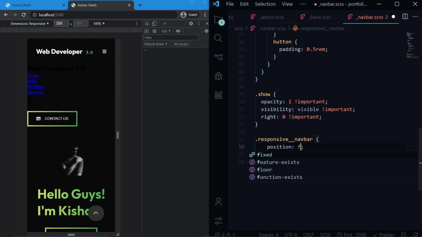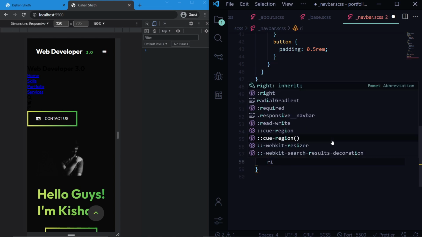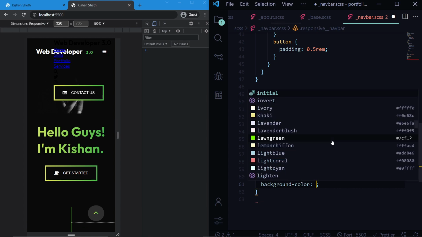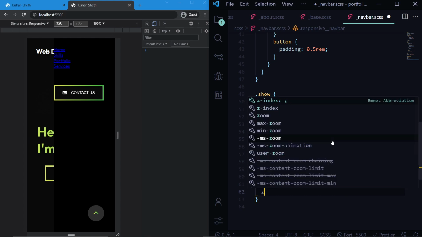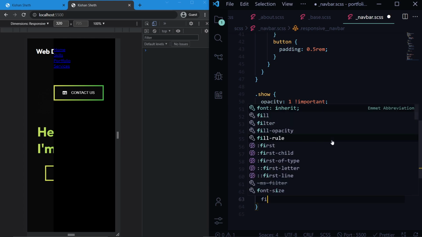The position is fixed, top of 0, right of 0, then a height of 100%, width of 70%, also a background color of black, then we'll give it a Z index of 100, then we'll give it a display of